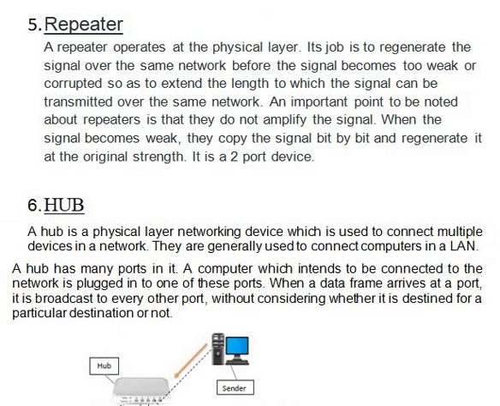Now the next networking device is the repeater. As I told you, children, whenever we are sending an analog signal over a long distance, it becomes weaker at a certain distance. So the repeater is a device which is used to restore strength. It provides strength to the signal, so we can send it over a long distance. So whenever we have a long network, in between we place repeaters to avoid the signal becoming weaker.